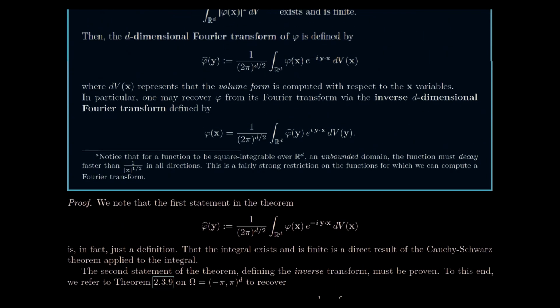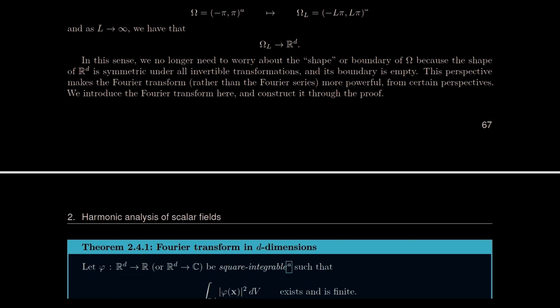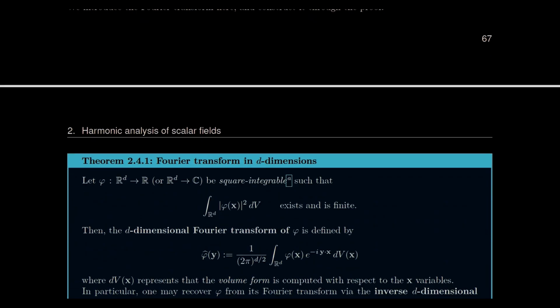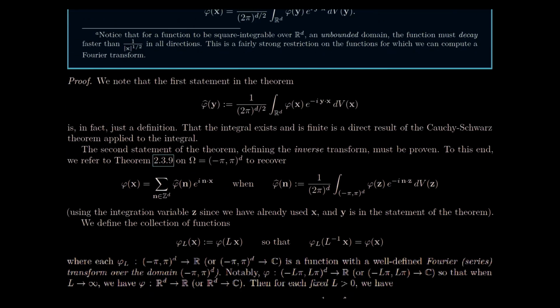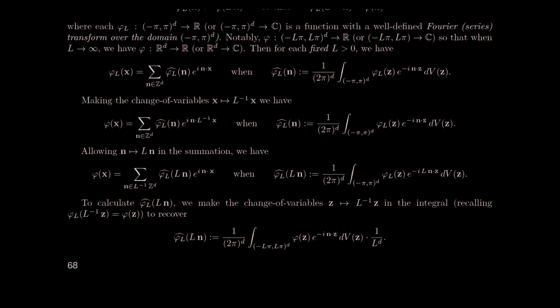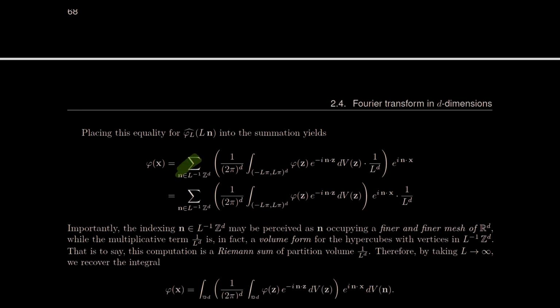So the proof of this is actually a really nice proof. I won't go through it. It's exactly everything you would expect it to be when we set up this Omega sub L as our L-sided length L hypercube, and then you take L to infinity. If you make the right change of variables, you end up with the sum occurring over a finer and finer mesh. So this is really a mesh